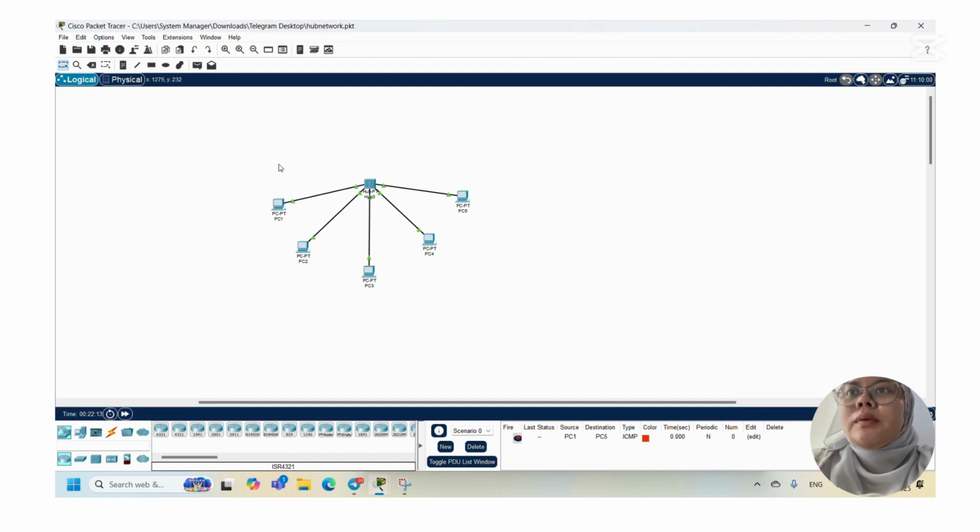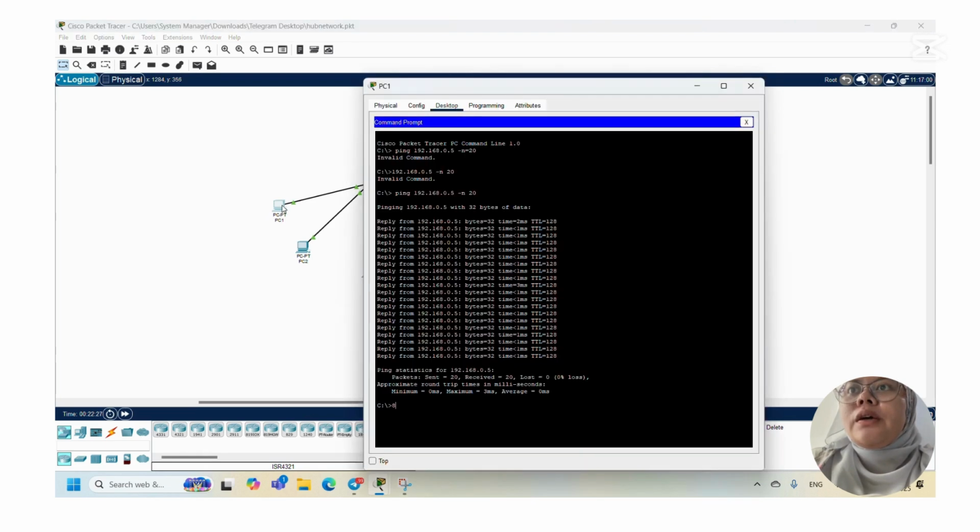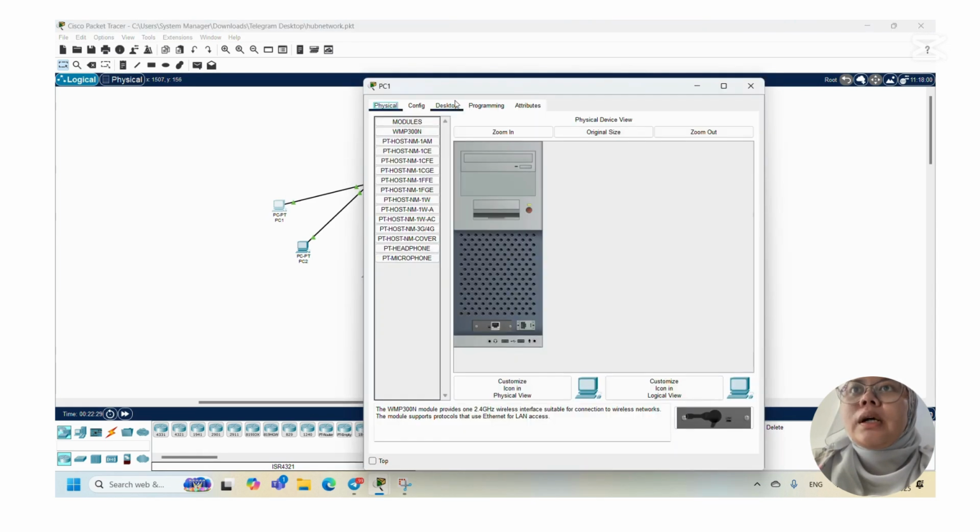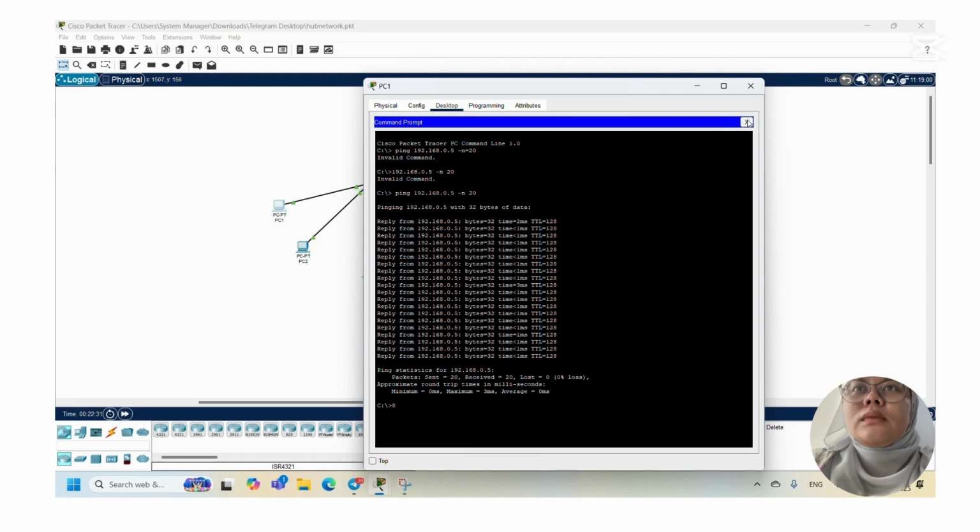I want to explain about this basic network that is using a hub. First, we use a hub and five PCs, which is PC1 until PC5. Every PC we have to input